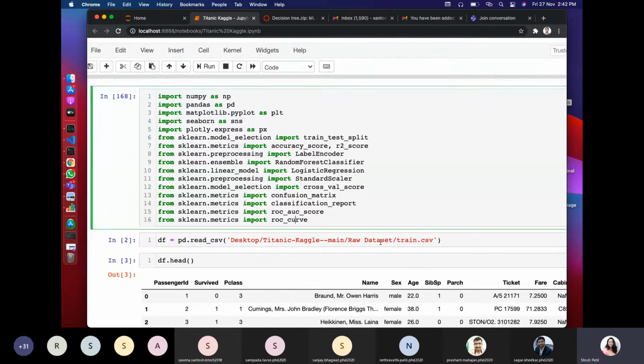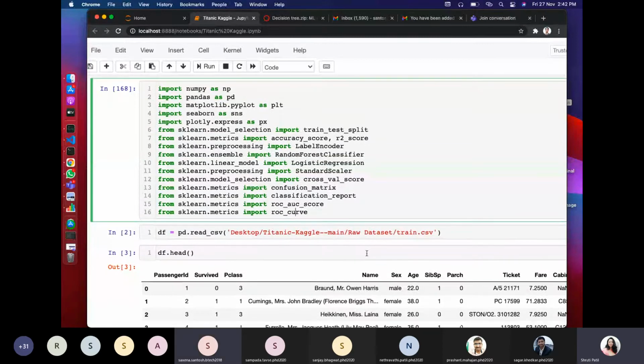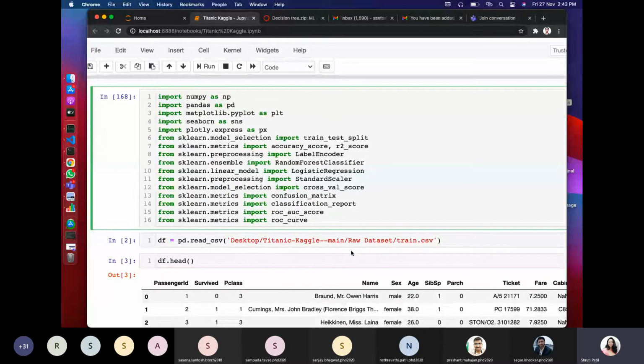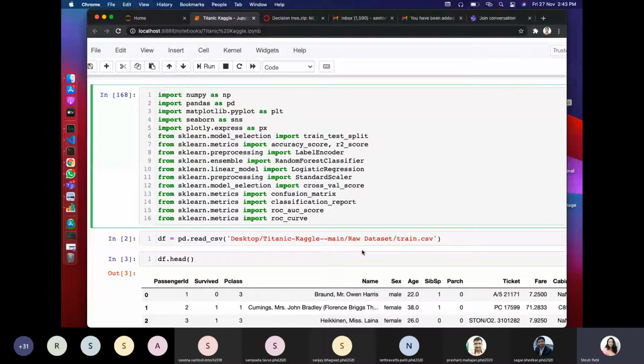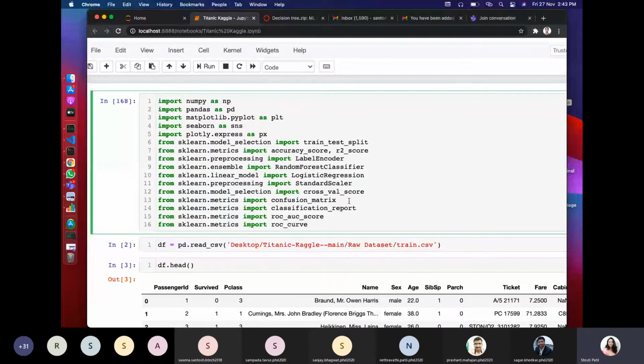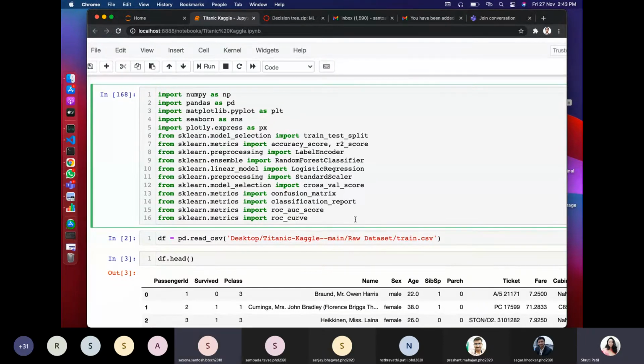Under that, as we have said, scikit-learn itself is a complete framework where you will find algorithms as well as other features. What are those other features? Those are, for example, when I want to calculate the accuracy score of that algorithm. Next is this random forest classifier, which is an actual algorithm. Logistic regression is also an algorithm. Then standard scaler is basically a method that we use for data pre-processing. Next, confusion matrix or ROC or AUC are all nothing but performance parameters.